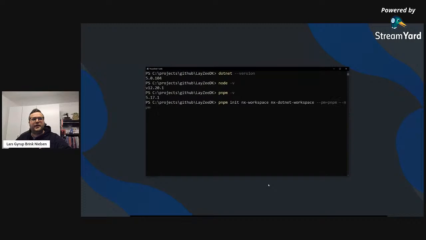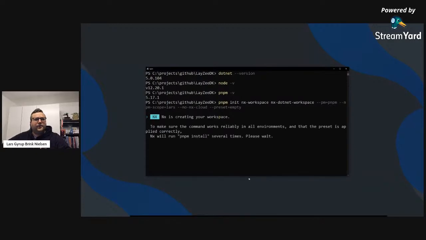And then we need an npm scope. That will be, I don't know, let's call it Lars. And I think that's what we need. We'll disable NX Cloud, and we'll use a preset, and I think it's called empty, like so. That will generate just a workspace with tooling and no projects. Yeah, this should be it. And while that's working,